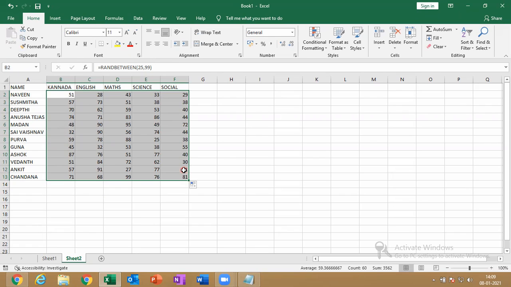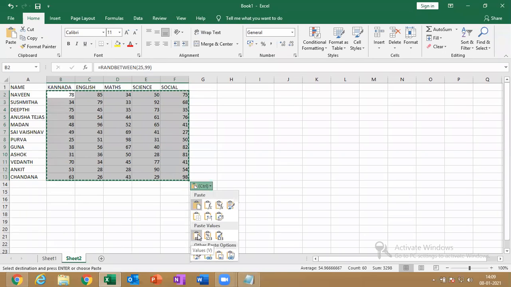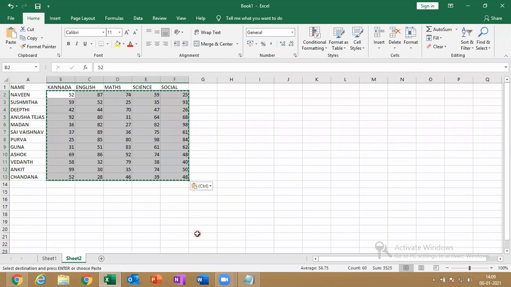Clear? Okay, now finally, Control C. See, Navin has 51 as the first value. I do Control C and Control V, and see, automatically it becomes 78. So each and every time I make some changes, this will happen. That is why I do Control C and Control V, then I get this box. Click here and paste as values. I'm changing them to values, I don't want formulas. Okay, now I think everyone has got some values. Press the escape key, so let's start. Is everyone having this one?